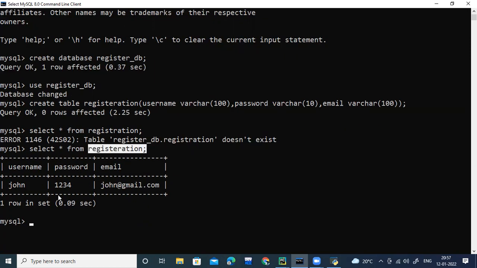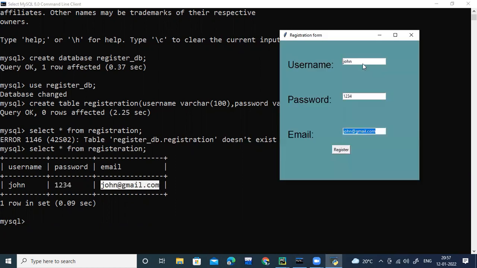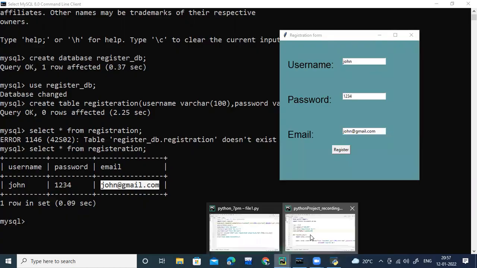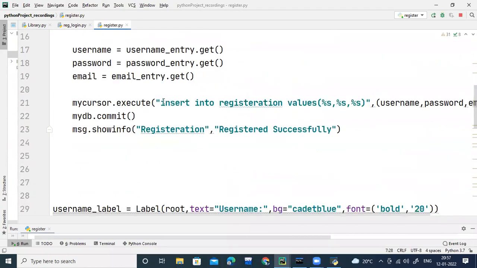What is the table name? Registration. See, username is John, password is 1234, email is john@gmail.com, the same data which I've given here. How is that getting inserted? Because of this SQL command, insert into registration values %s. The first %s value is John, the second is 1234, and the last is john@gmail.com.